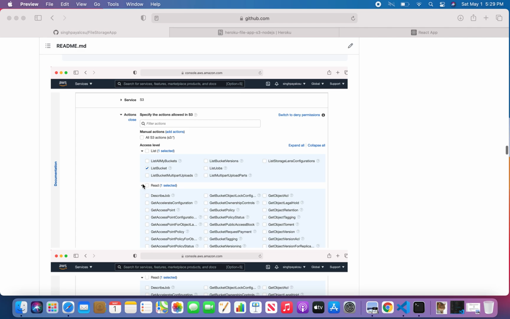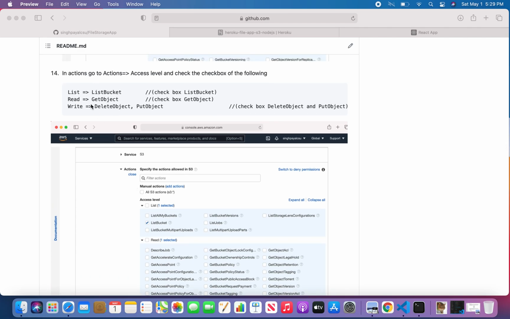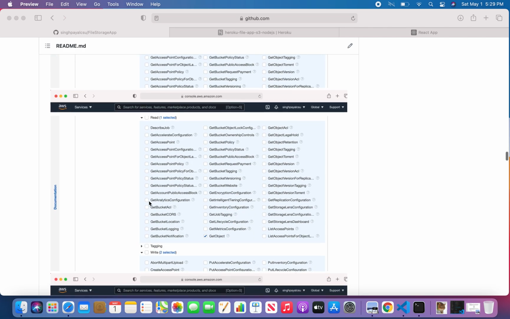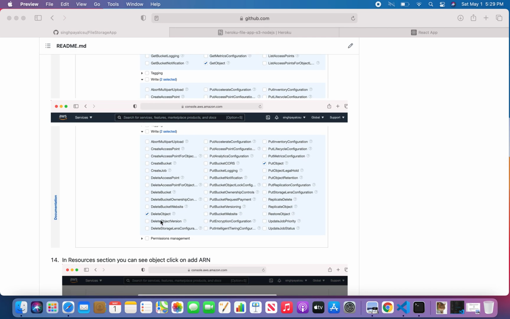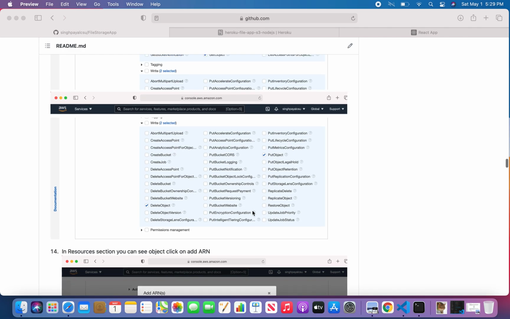In the read section, check the get object box, and after that in the write section we need to check two things, delete object and put object.